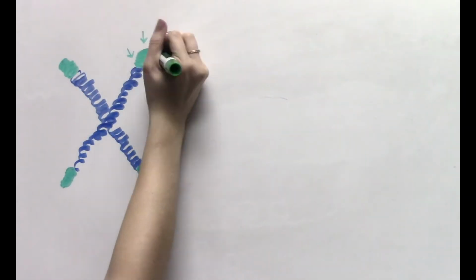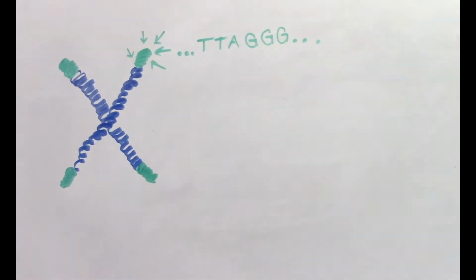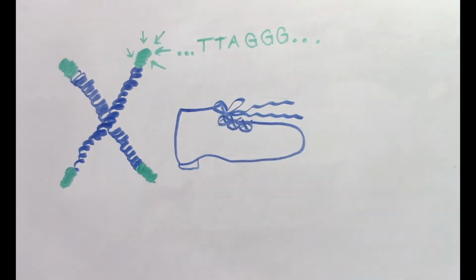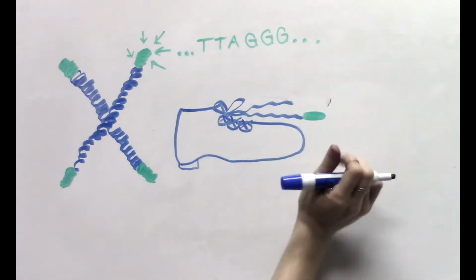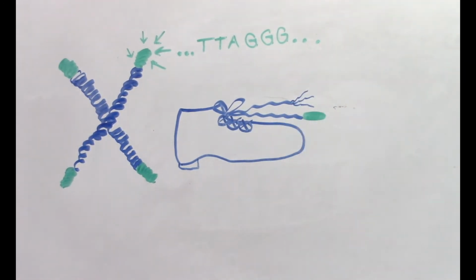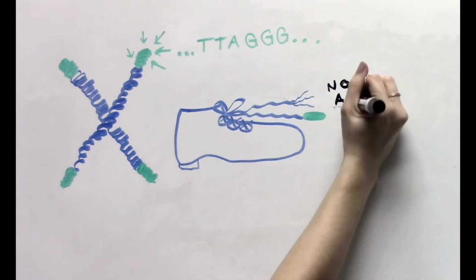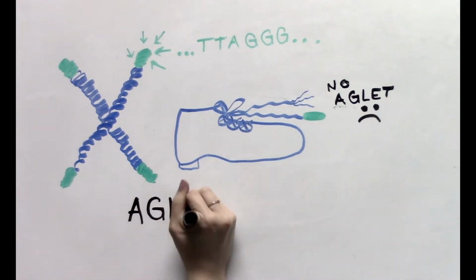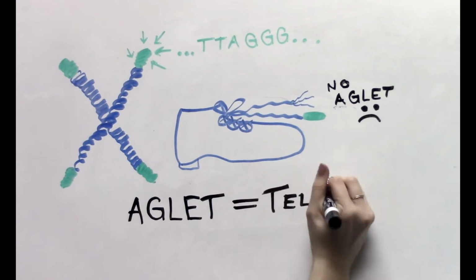The ends of chromosomes are called telomeres, which are composed of 6 bases, T, T, A, G, G, G, repeated thousands of times. You can think of a telomere as a little piece of plastic at the end of your shoelace, which is called an aglet. Without an aglet, there will come a point where your shoelaces are too short to tie together. Thankfully, this plastic cap prevents your shoelaces from deteriorating, just like a telomere is present in order to protect the